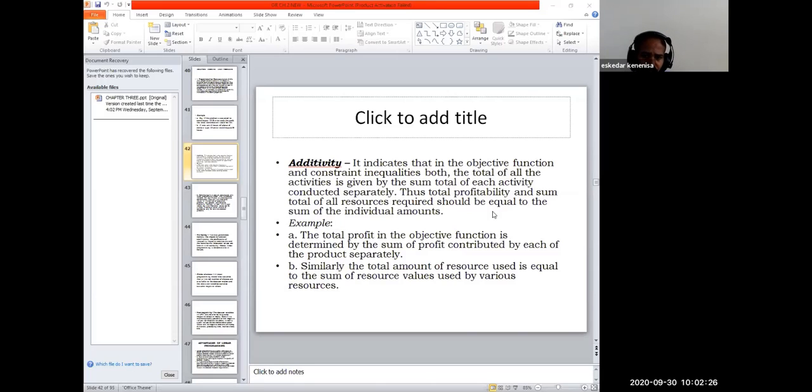So for example here, the total profit in the objective function is determined by the sum of profits. አይደል፣ ዲተርማይን የምናደርገው the sum of the profit ነው። ምንም አይነት ፕሮፊት ስንሰራ እንደዚያ ነው። So contribute each of the products separately. ስለዚህ እያንዳንዱን separately ደምረን አንድ ላይ ሰም አድርገን ከዚያ የምናገኘው ፕሮፊት ይህ ነው እንላለን። Similarly, the total amount of resource used is equal to the sum of resource values used by different resources. አንዳንዴ ምን ያህል ኮስት ተጠቀምን ስናሰላ፣ አንድ እንጀራ ወይም አንድ ዳቦ ለመጋገር ምን ያህል ነው ስንል ኮስቱን እንደምራለን፤ ስንዴውን፣ ኤሌክትሪኩን እንደዚህ ሪሶርሶችን እንደምራለን ማለት ነው።